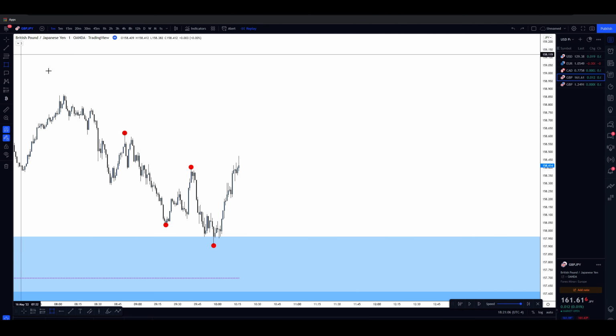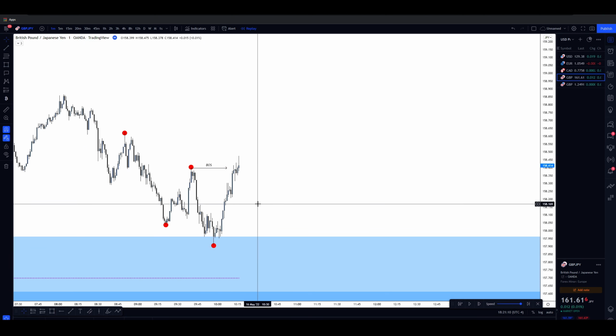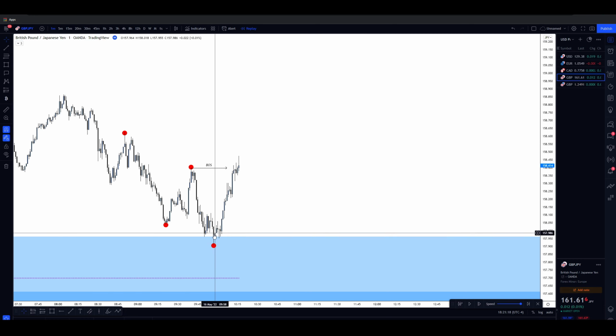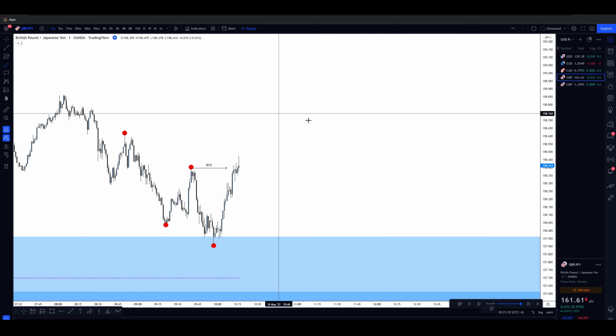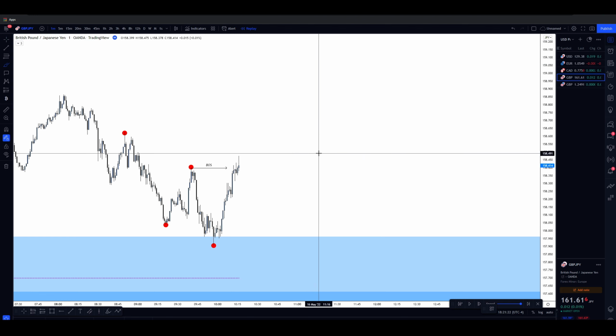In this case, we have that final break of structure confirming that microstructure is now bullish. Once microstructure is bullish, this is the market telling you that your demand zone was in fact correct. Because the only reason structure was able to shift is because we fueled it. Think of supply and demand zone as a gas station.